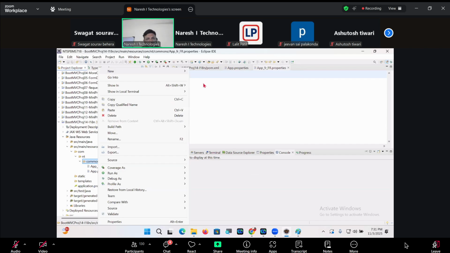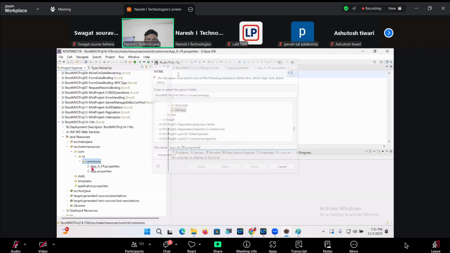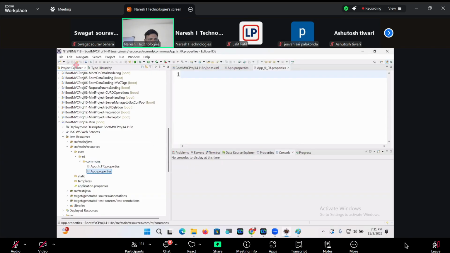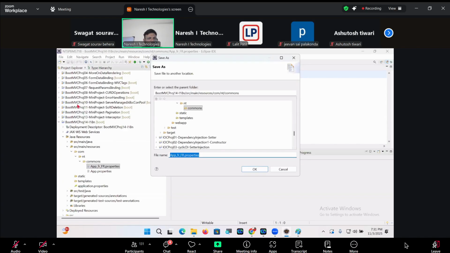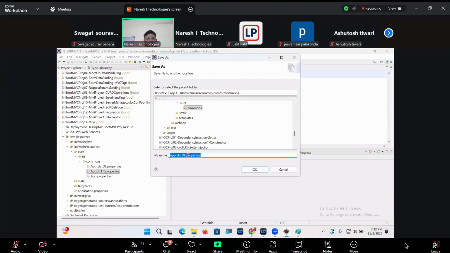Yeah, where is this file? app_de_DE.properties. Yeah, it's there. File, save as. de_DE.properties. File, save as.